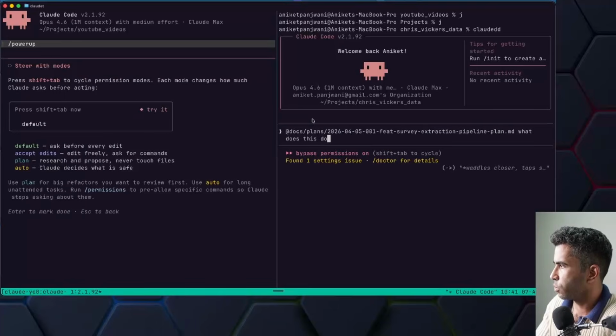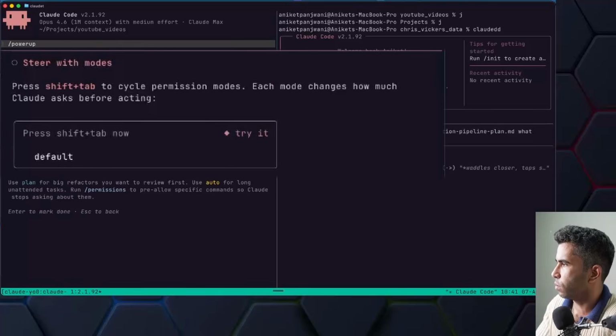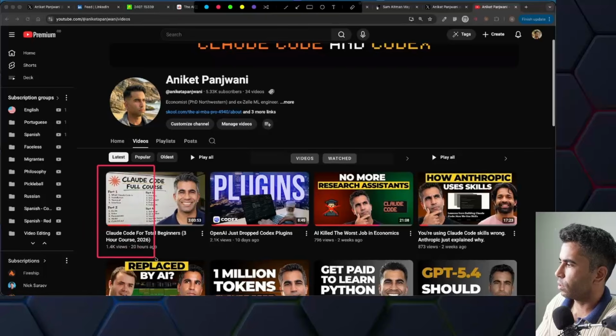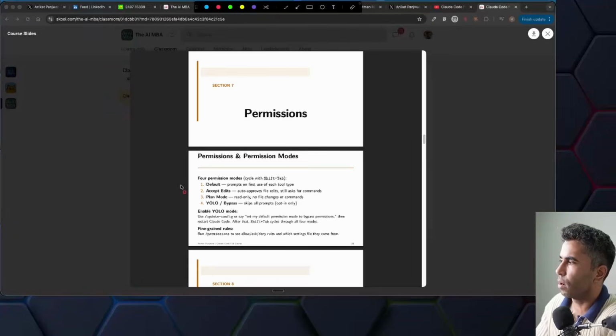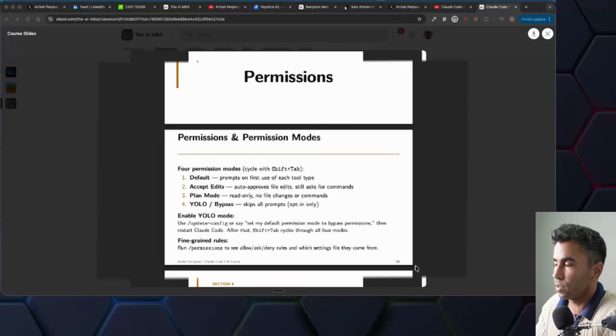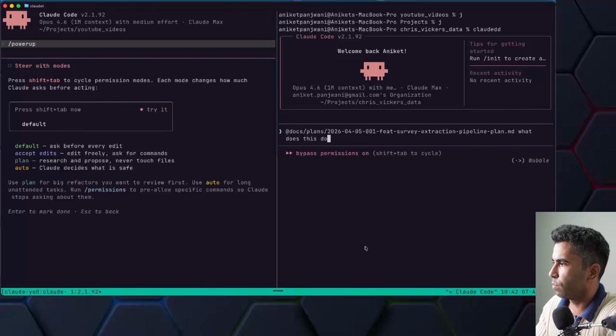Steer with modes. Shift tab to cycle permission modes. Each one changes how much Claude asks before acting. So this I already did know. I released a Claude Code course just yesterday, and in the course, I talk about this permission system in section 7. So if you're interested to learn more besides the brief lesson here, definitely check out that section of the